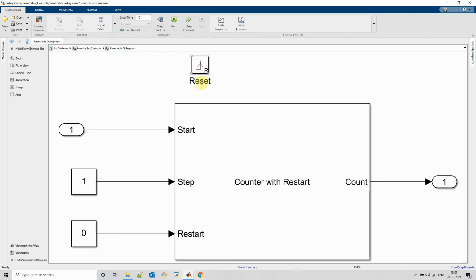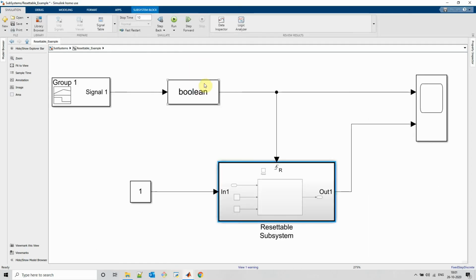Next subsystem is resetable subsystem. So whenever we have a reset block present inside a subsystem, at that time if the parameter connected to reset port is triggered, at that time all the states inside resetable subsystem get reset and subsystem will start executing as if a new simulation has been started.